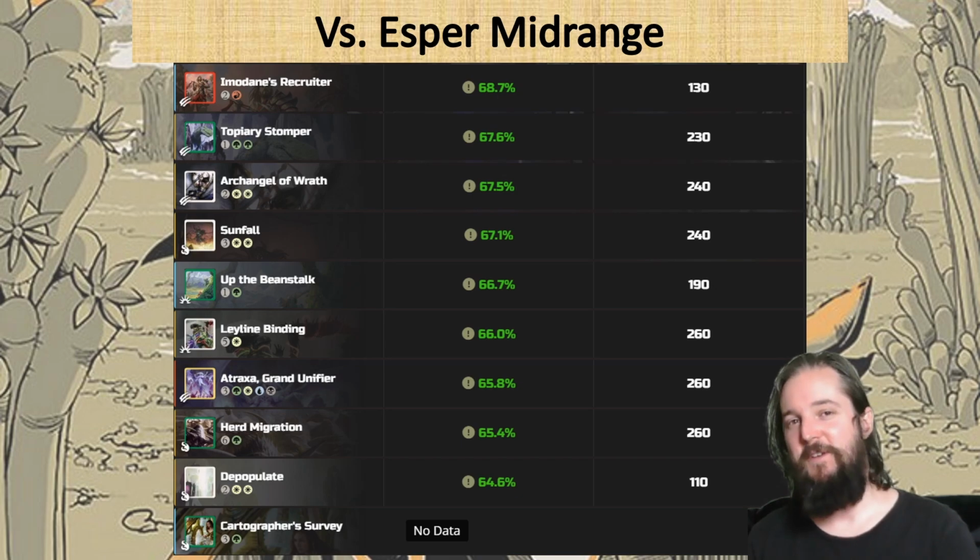according to MTG Goldfish. So first up is Esper Midrange, and we saw a big spike, and I'm probably going to continue to see that, but I believe over 30% of the field was Esper Midrange. So top of the list here, we've got Imodane's Recruiter, and Topiary Stomper on down until we hit